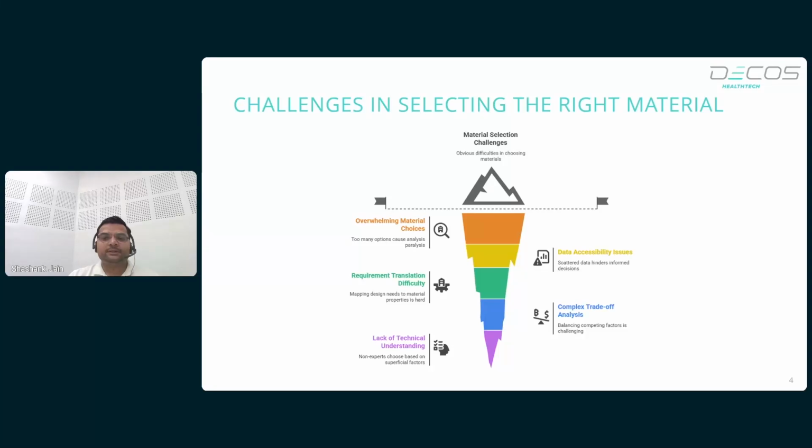Now, the next challenge is the complex trade-off analysis. Engineers often struggle with the trade-offs among cost, performance, durability, manufacturability, and sustainability. Right? Now, if you are working on a particular parameter in order to satisfy that parameter, at the same time you should have the most optimized line among all the parameters which are available, right? That's where we want to work in order to do the complete product design and development process. So there are complex trade-offs which are associated with this process. Now, to evaluate these parameters simultaneously is complex even for a professional